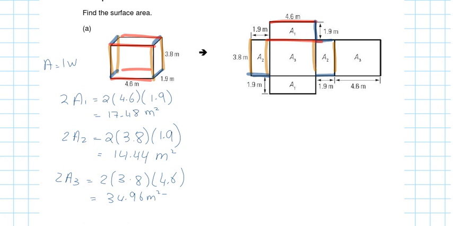And in order for me to find my total surface area, it's just going to be adding 2A1 plus 2A2 plus 2A3, right? Which is going to give me